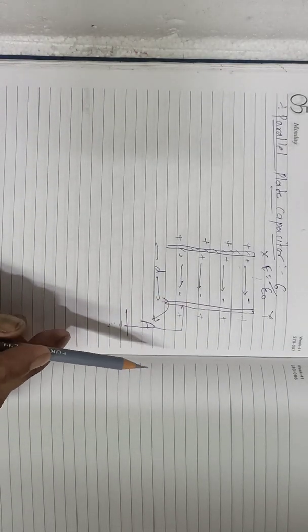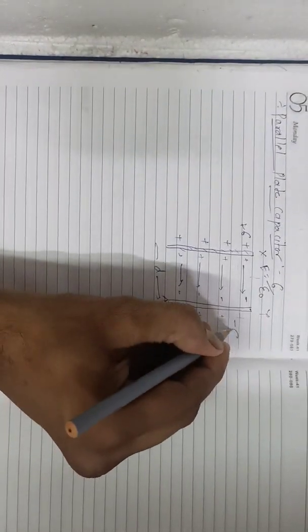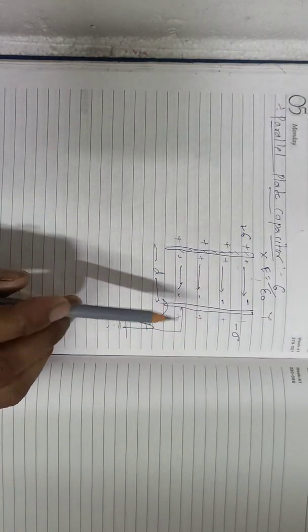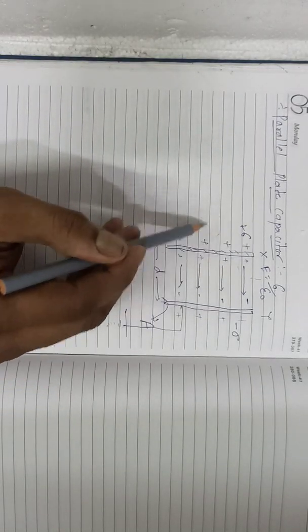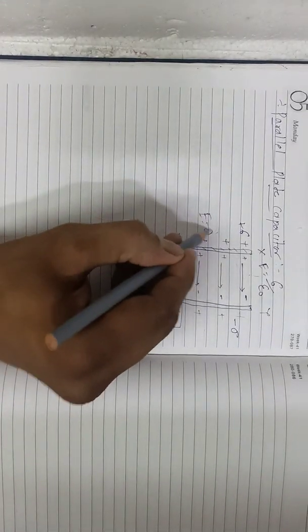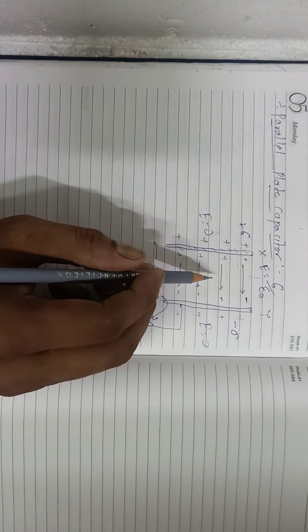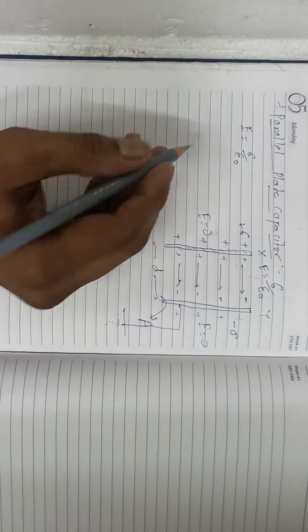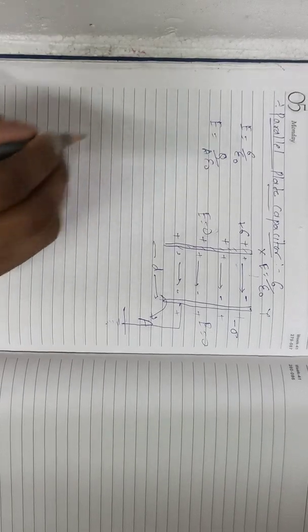Let plus sigma be the surface charge density of this plate and minus sigma the surface charge density of this plate. The electric field on the left of the plate X and the electric field on the right of the other plate will be equal to 0. The electric field between the two plates of the capacitor will be given by sigma by epsilon naught, and we know that sigma equals charge by area, so E equals Q by A epsilon naught.